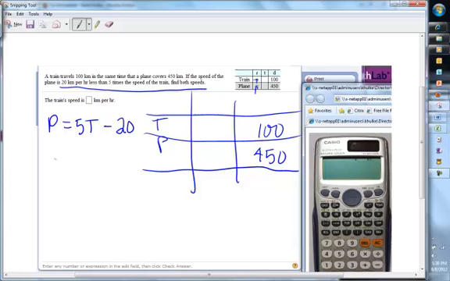The train travels 100 kilometers in the same amount of time that the plane covers 450 kilometers. So since the times are equal,